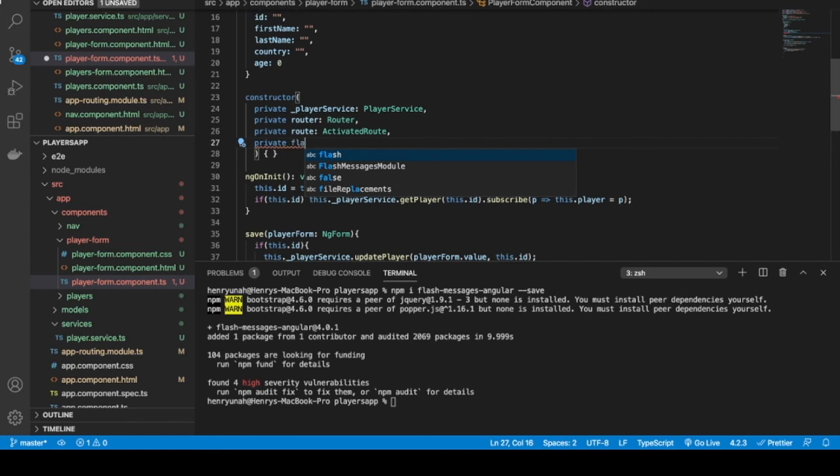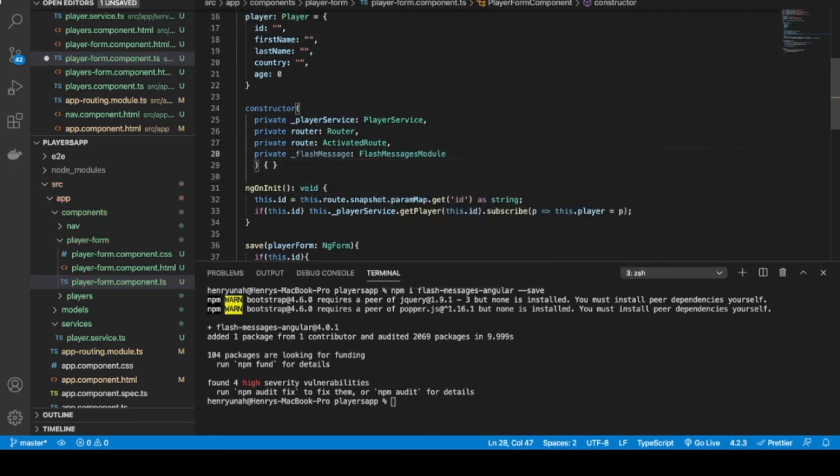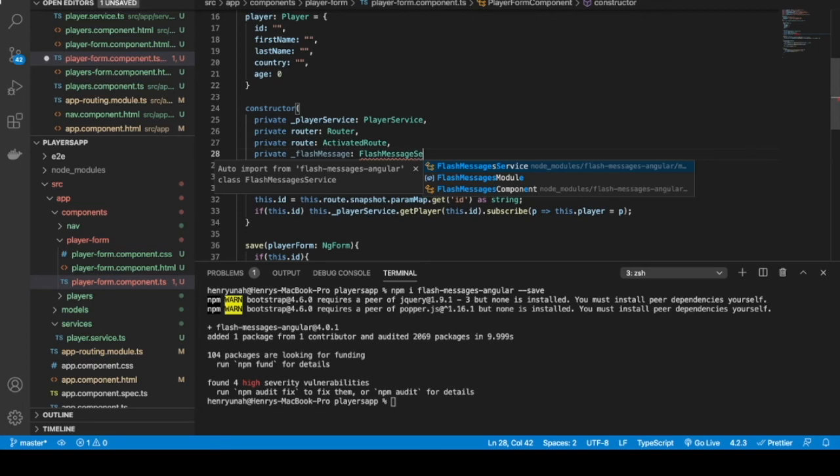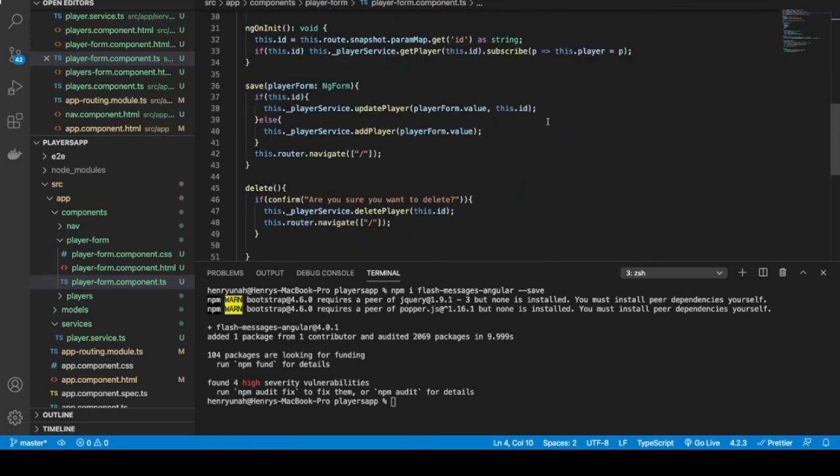So I'm going to do private flash. Let's do the same way. So I'm going to say flash message, and I want to bring it from the flash message service. Flash messages service. Okay, so you bring the module in your app.module and the service in the component where you want to import it. Okay, you bring flash service, and after we save the player,